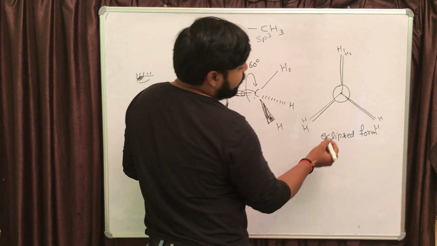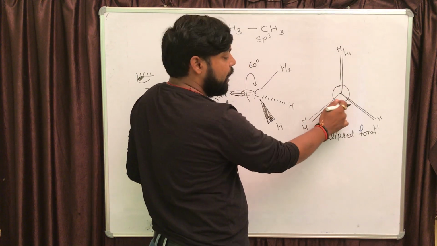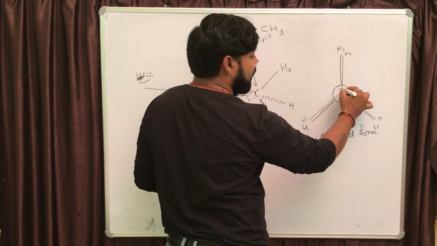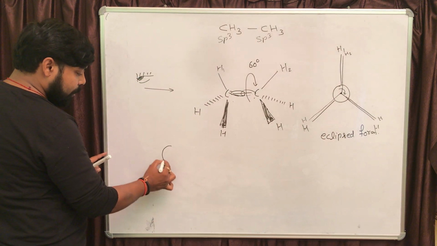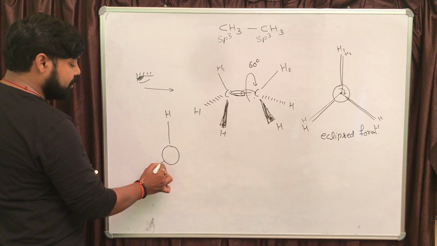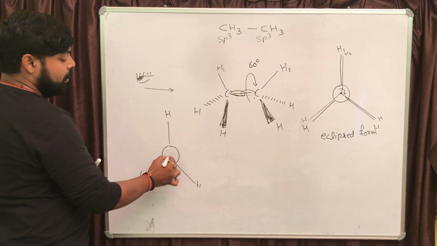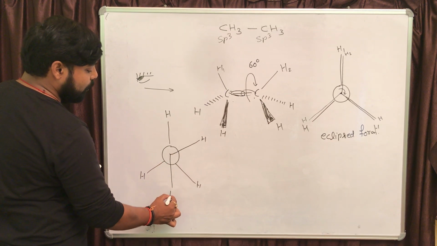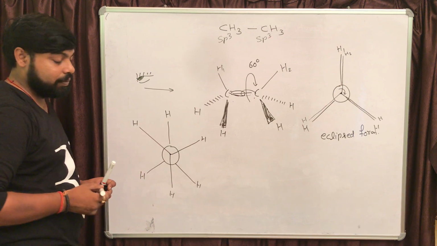So what we are going to do is hold the first carbon atom, that is, the circled carbon is held, and the dot carbon at the back side, I am going to rotate that carbon atom by 60 degrees. If you do so, this is our front carbon atom represented by a circle. Its three hydrogens are as they are in their position, but if you rotate the second carbon atom, its hydrogens will be in between, looking in between the carbon-hydrogen bonds of the first carbon atom, right?